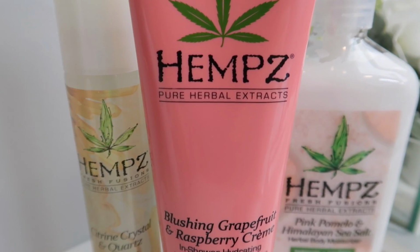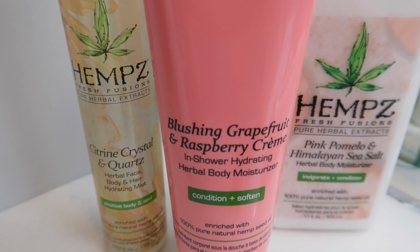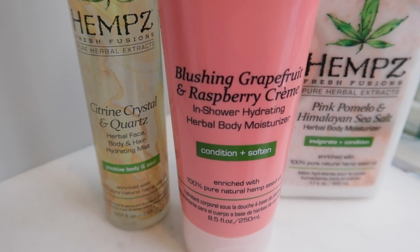So Creative Beauty recently brought in the Hemp line, and they have so many different options for the different Hemp products that they have. I use this lotion all over my house. The Hemp lotion is one of my hands down favorite lotions. I don't typically use it in the nail studio, not for any other reason besides I just use other stuff. Like I have my Light Elegance Q and Lou spa lotion, and that's just what I've used on my clients ever since it launched. But I really wanted to try this one, Pink Pomelo and Himalayan Sea Salt, which honestly,